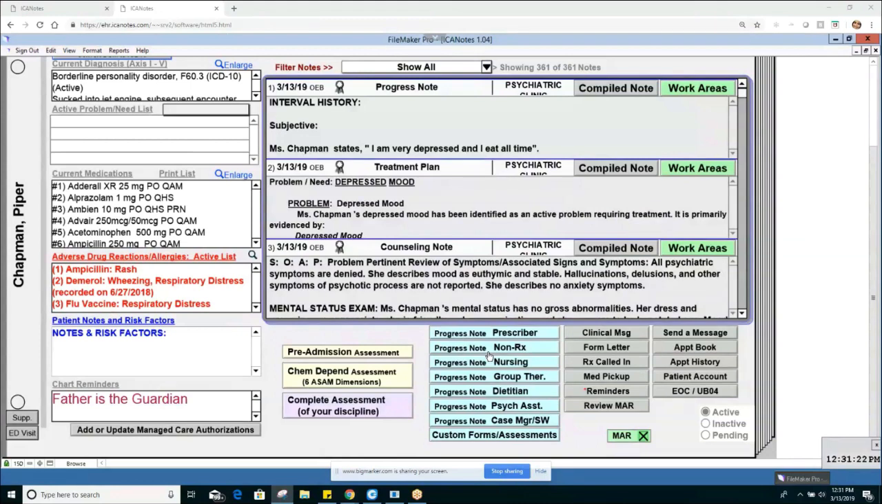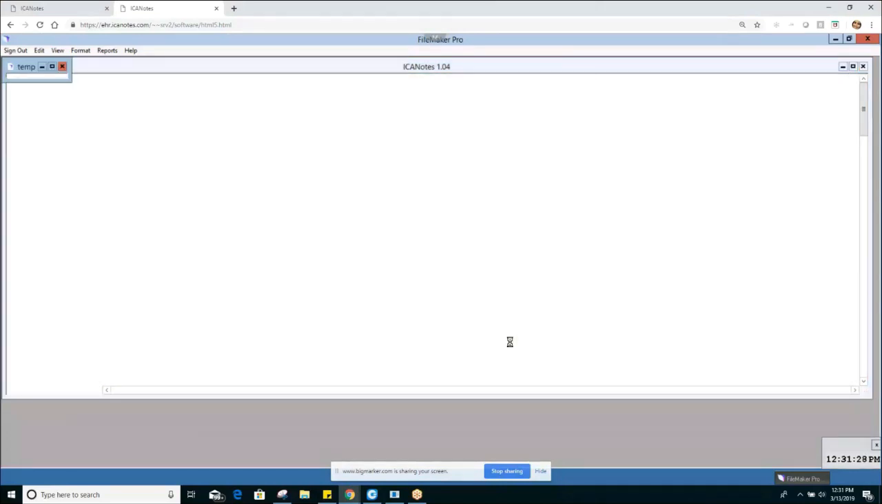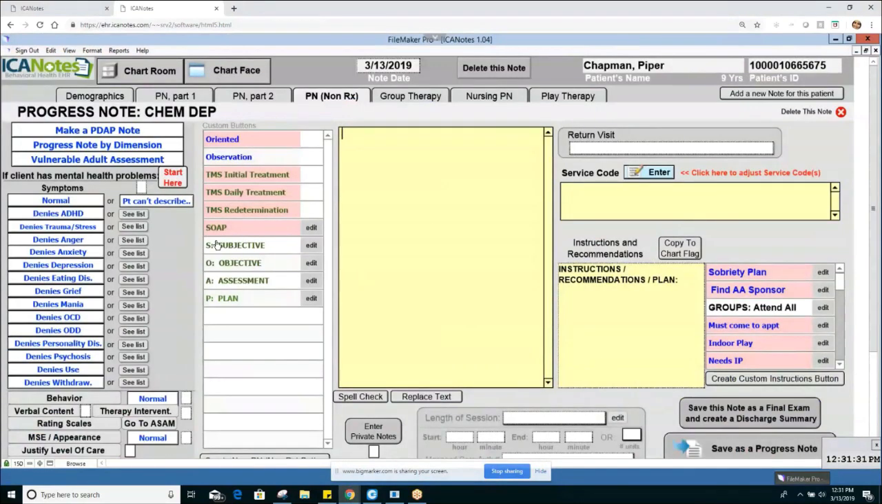And I'm going to do it a little bit differently this time. All right, so we're going to go in. I'm going to say non-RX, which just means non-prescribing note. I have my SOAP note buttons here. So I can go in and say subjective. Let's say Piper's having a hard day. So I could say Piper states,